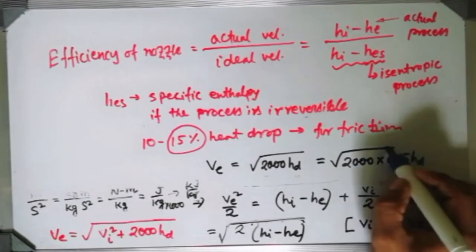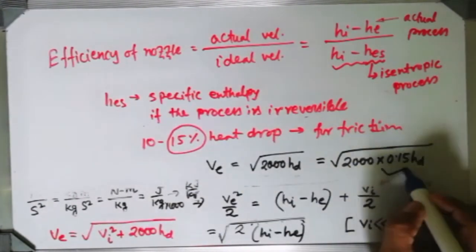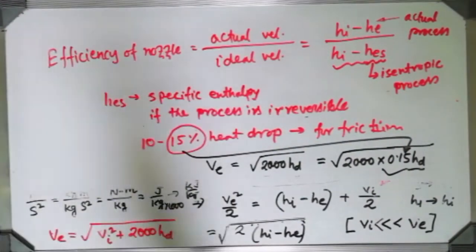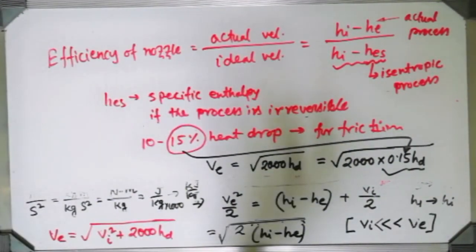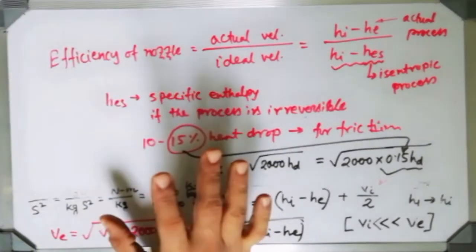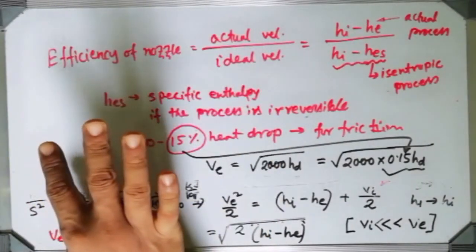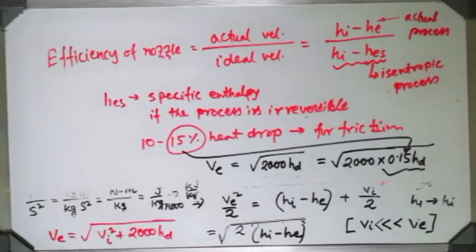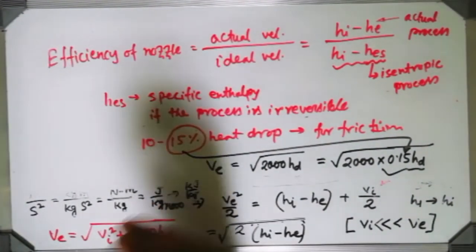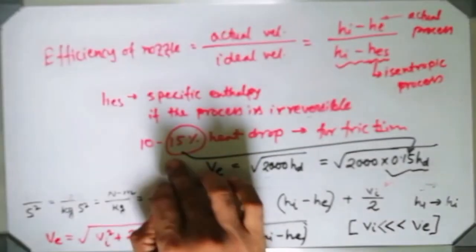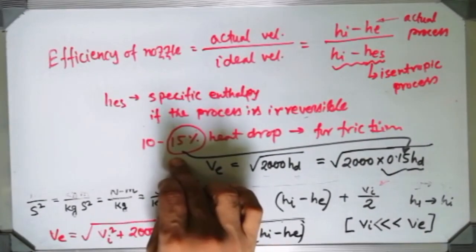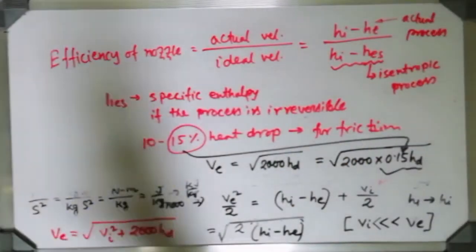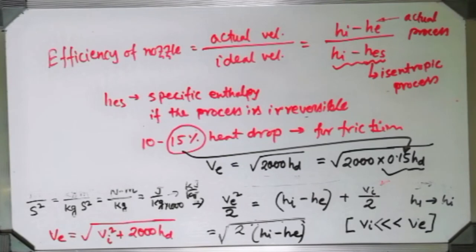Why is it occurring so? Because 15% heat loss is occurring. As a result of that, the enthalpies you are getting from the steam table, those are for the isentropic process, H1 and H2. And we have to consider the 15% heat drop. Then 0.15 will be multiplied with that ideal value. Then you can get the actual value. Are you getting me or not, beta?